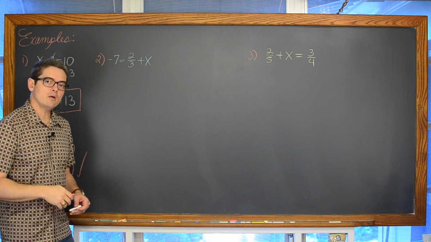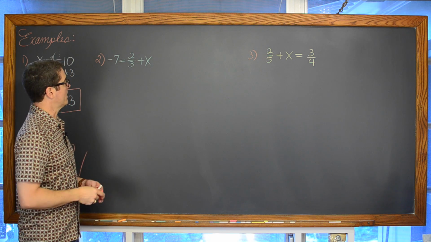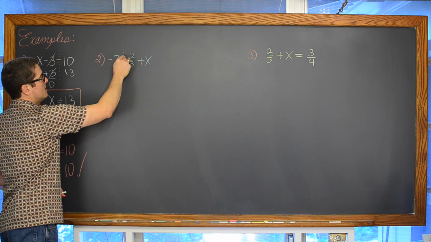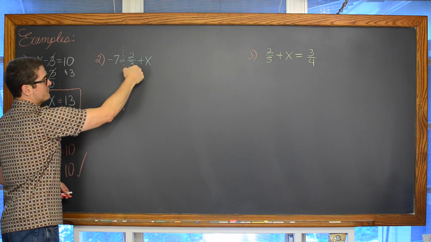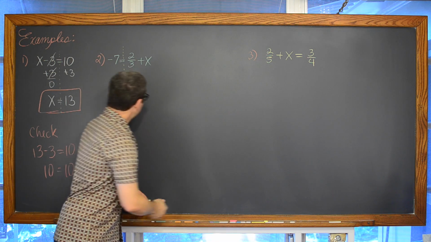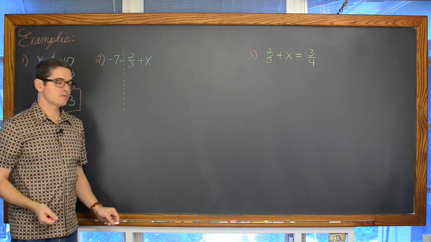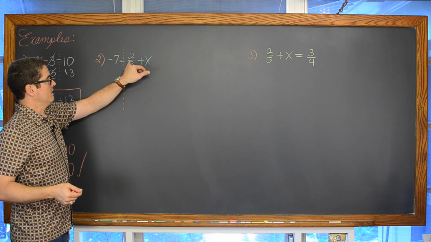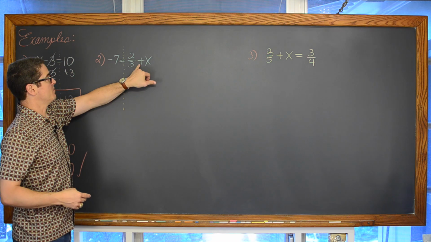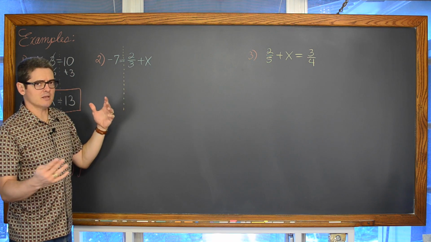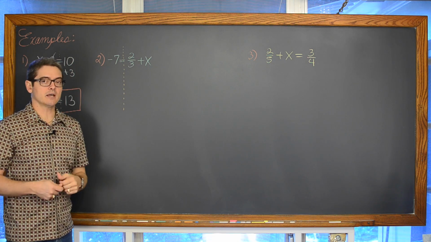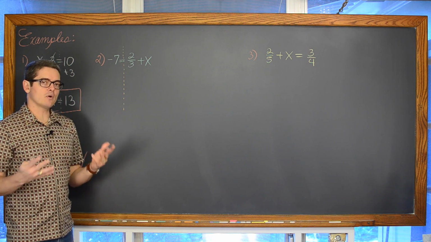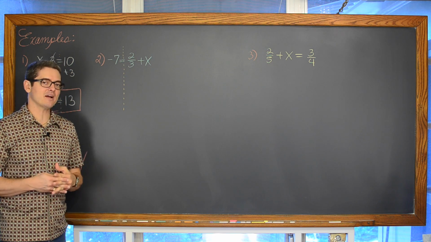Now moving on to a one-step equation that maybe we can't do in our head. We have negative 7 is equal to, so here comes our equal sign, separating the left side from the right-hand side of our equation. And that negative 7 is equal to 2/3 plus x. Now, I don't know off the top of my head what number plus 2/3 would make negative 7. So we are indeed going to need to actually work this out. And don't grab the calculator as soon as you see a fraction, please.